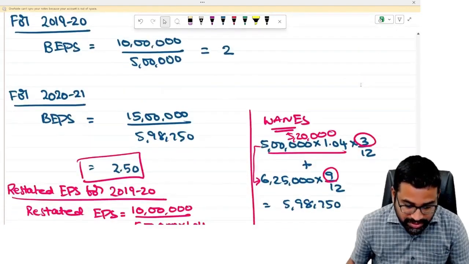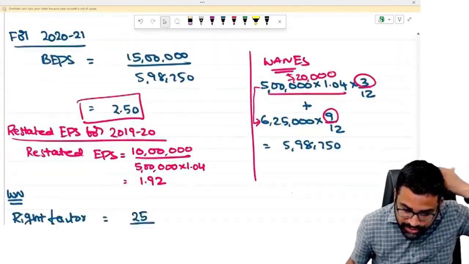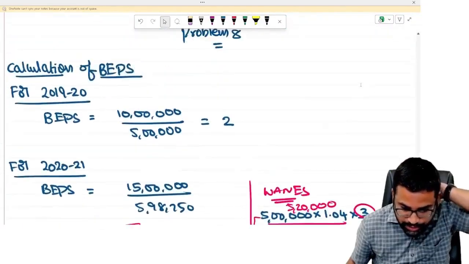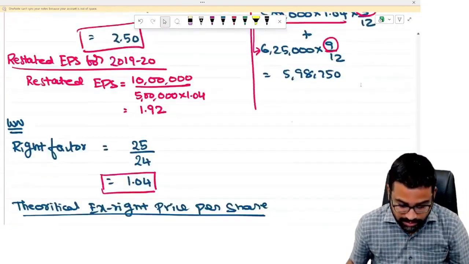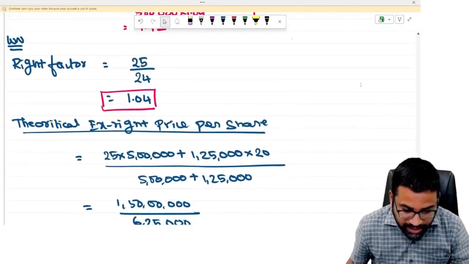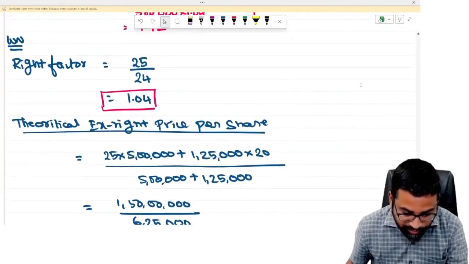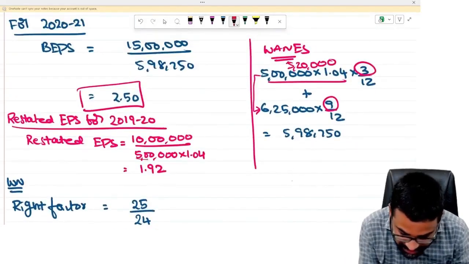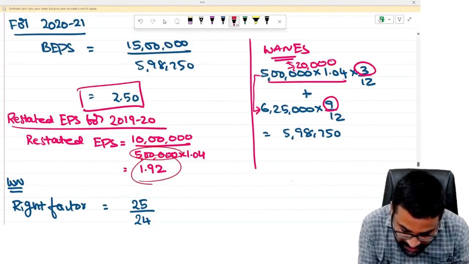See, there is one question also relating to this. So you please calculate it. Okay, you please do it. Problem number 8. So there we need to find out the rights factor. We got 1.04. Now this 1.04, see here, we multiplied with last year shares and we restated the last year